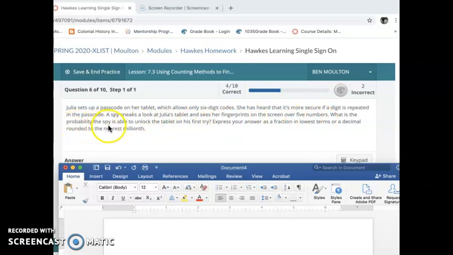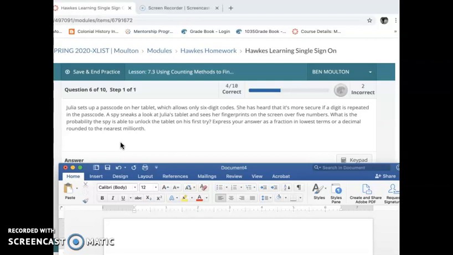What is the probability that the spy is able to unlock the tablet on the first try? And then, of course, the usual how to write your answer. Now, there's two things going on here. The first thing we've got to look at is the digit that gets used twice. And the second thing we have to look at is the order of numbers in the passcode, which is going to be reminiscent of that one problem where we found the possibilities